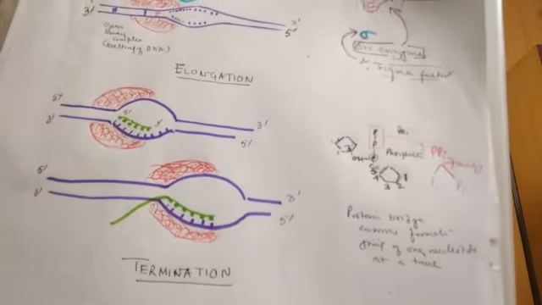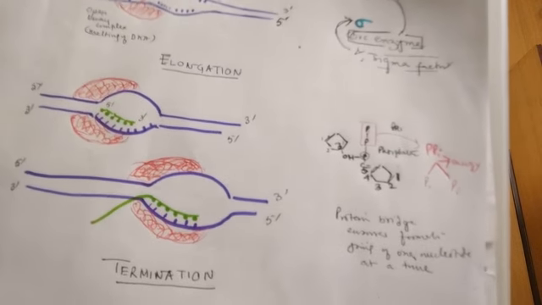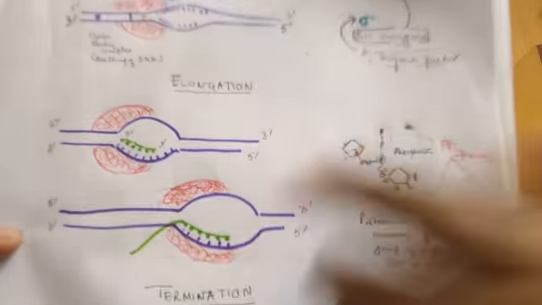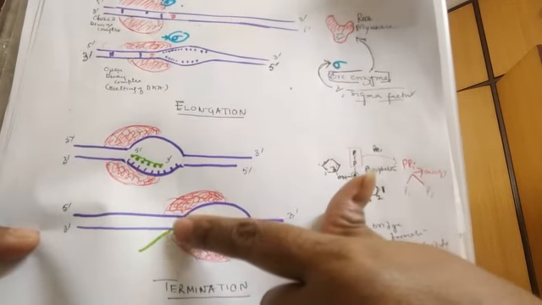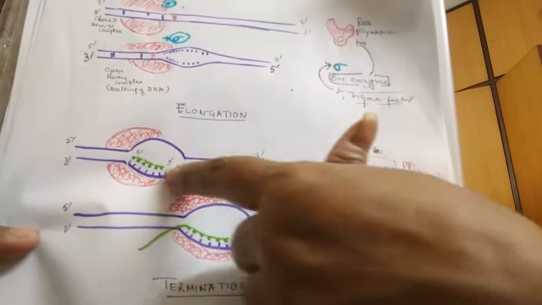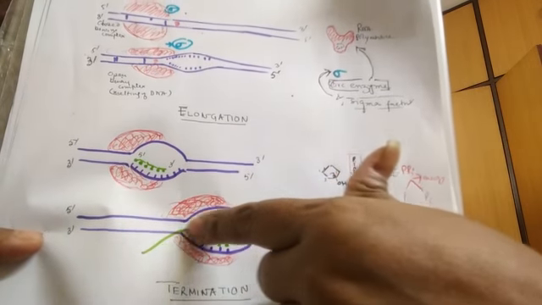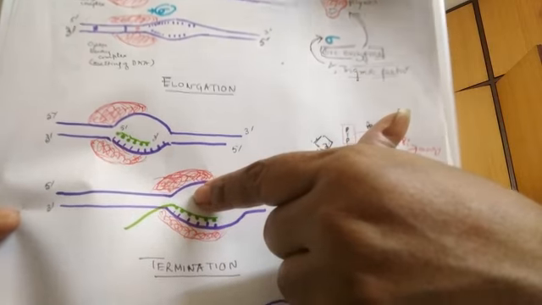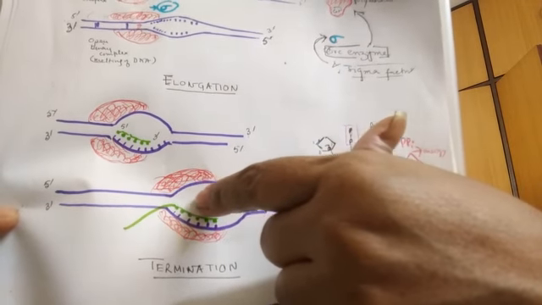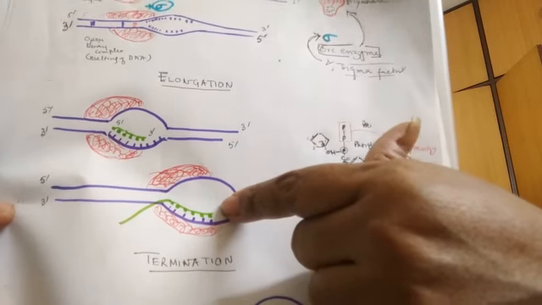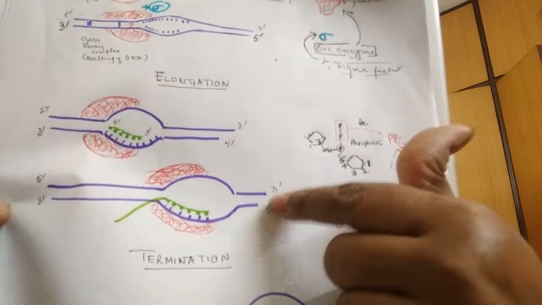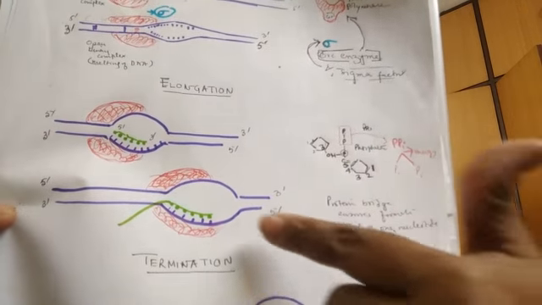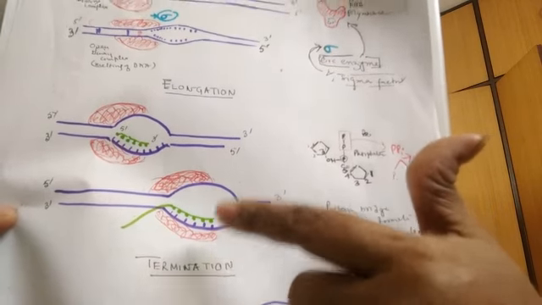So this is about the elongation of the chain, and this elongation part is mainly done by the RNA polymerase, the core enzyme of the RNA polymerase. Clear? So as this enzyme proceeds, the elongation also proceeds accordingly. And the RNA synthesis continues on the DNA template. This elongation will continue till it reaches the terminator.